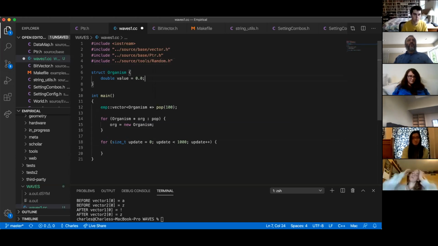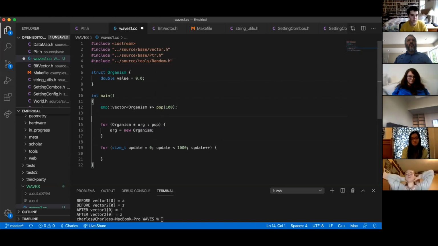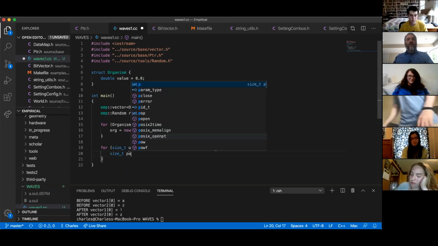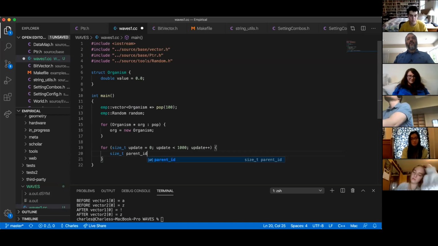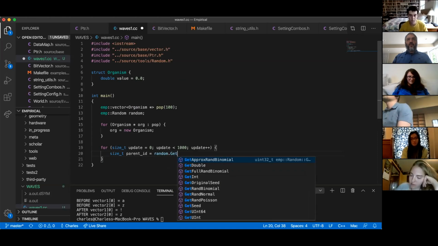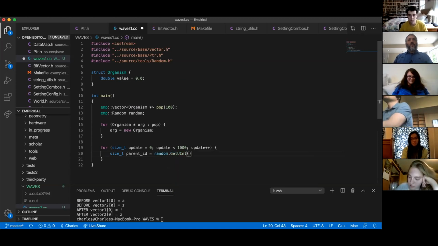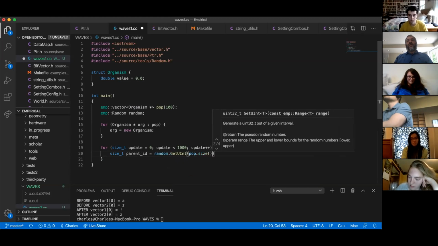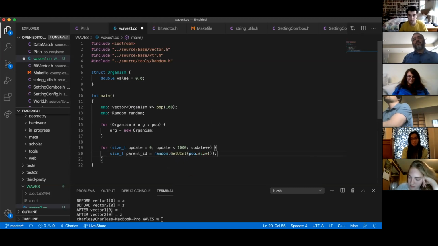random.h. So we have a random.h in Empirical. Hey, look, we have a random number generator now. And what we're going to want to do is replicate an organism. So we're going to pick a parent ID. Parent ID equals random.GetUInt pop.size, right? So we just grab a random organism to be the parent,